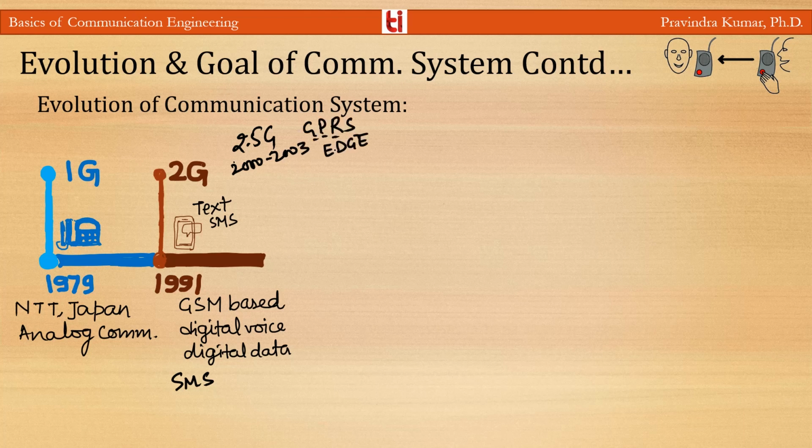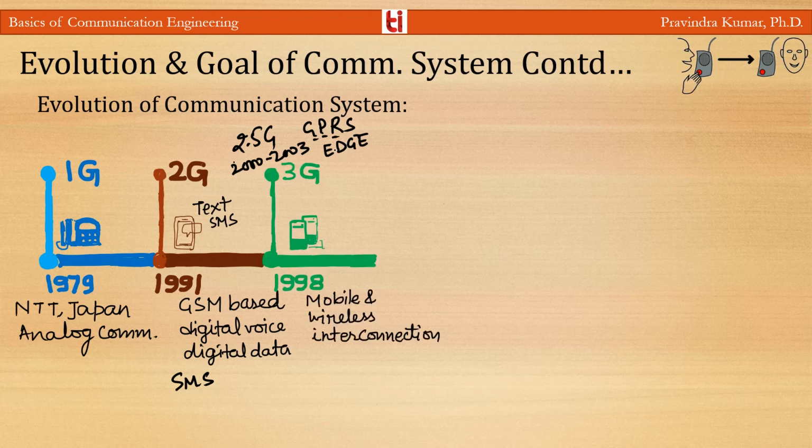The third generation, 3G, was introduced in 1998 but was commercially available in 2001. The goals were to facilitate greater voice and data capacity and increased data transmission at lower cost. For the first time, this generation supported high-speed wideband internet access as well as fixed wireless internet services, and allowed